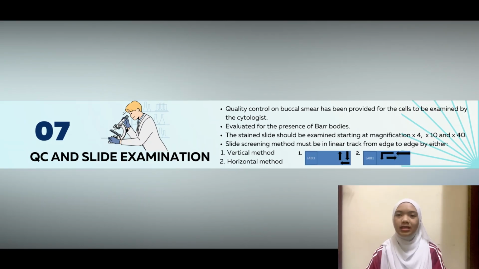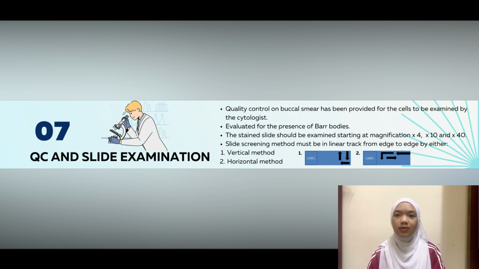The last step of the gynecological sample processing is quality control and slide examination. QC here refers to the internal measures which use a slide for gynecological sample examination. QC has been performed on buccal smear. It has been provided for the cells to be examined by the cytologist and is evaluated for the presence of Barr bodies. The stained slide should be examined starting at magnification times 4 to view adequacy of the specimen, looking